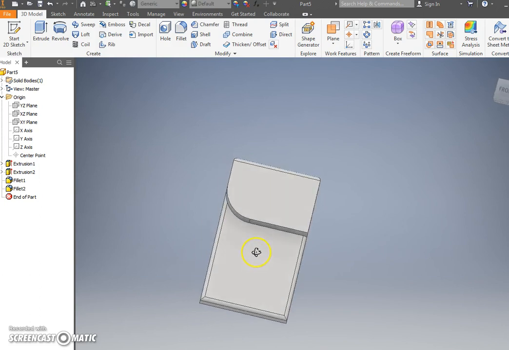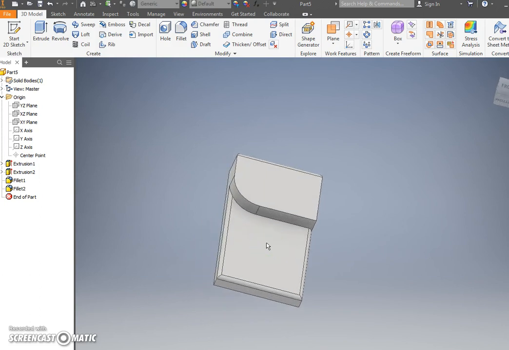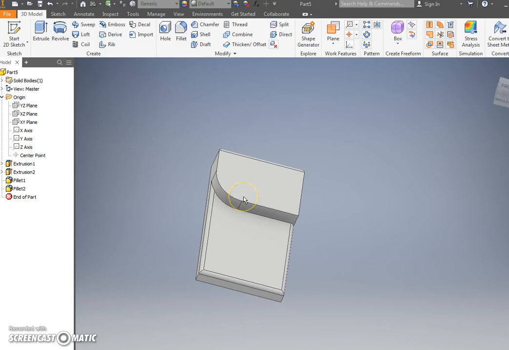Okay, next thing we're going to do is I'm going to make a hole through this, and we're going to do some changing in the materials, and then we're done with this part, and then we're going to move on to a new one after that. Okay. So let's say I want to put a hole in this. All right. And maybe there's a point right here I want to put it, like in the middle of, and I want to put it right there. So if you click hole,